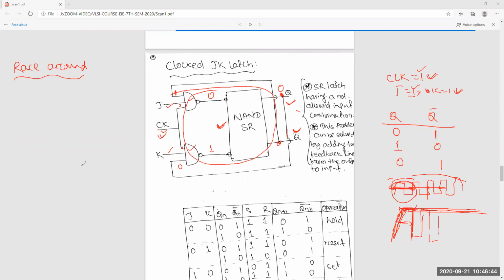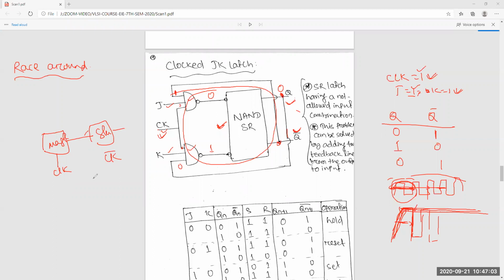Master slave means there is a master latch and there is a slave latch. The clock you give is complementary: you give clock here, and clock bar there. Again, feedback will be there, but when the clock is equal to 1, this will be on and this will be off. Whatever feedback comes to here will not reflect here.